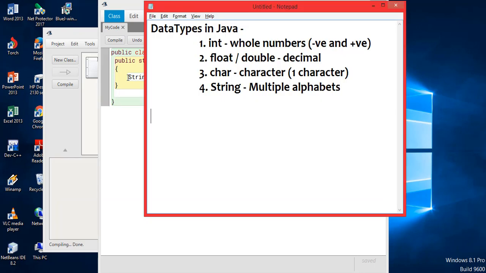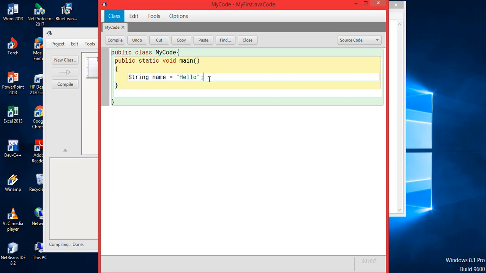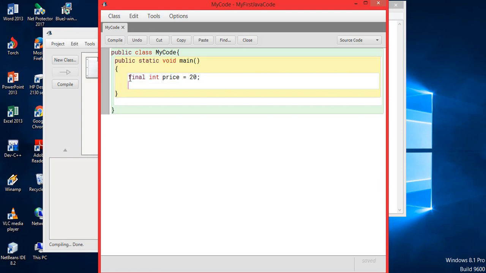There is also something called constants. What do you mean by constants? Constants help you define something that is fixed. Example, the price of the product does not change, so you want it to be fixed always. So in that situation, I'll maintain it as a constant. How will you mention something as a constant? I'll say final int price of the product, and I'm giving it a value of, let's assume, 20 rupees. So nobody should be able to change this value. It's supposed to be 20 rupees only.